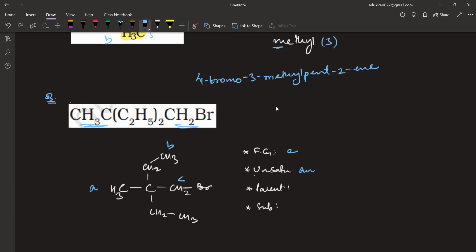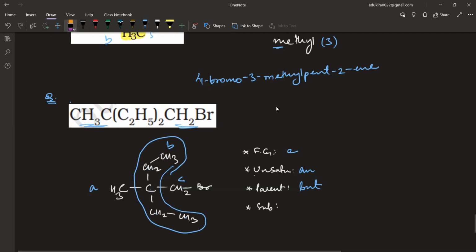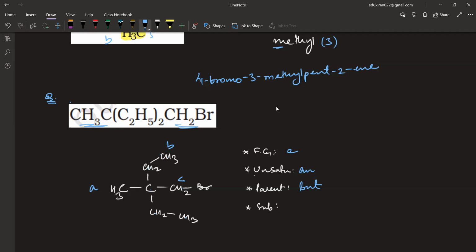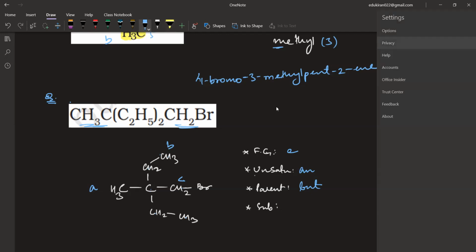So 1 2 3 4, that means bute. But also can you see that 1 2 3 4 5 pent नहीं ले रहे हैं हम लोग? Can you see this? Yes, sir. We are not taking the longest carbon. Are we taking the longest chain? No, sir. ठीक है, इस वजह से लॉन्गेस्ट चेन का दिमाग में नहीं रखना है, ठीक है? नाउ बी टू सी ब्यूट।